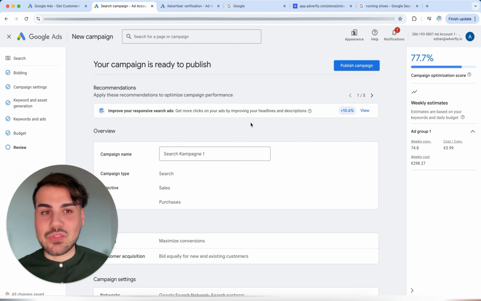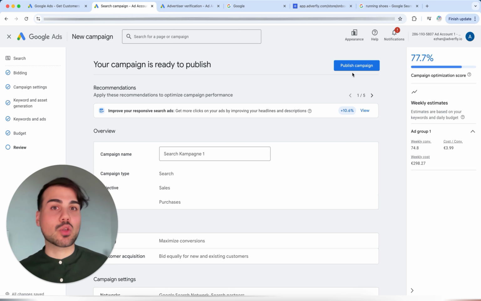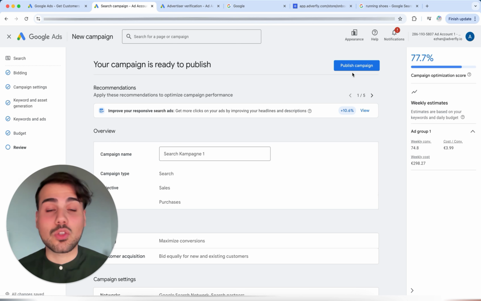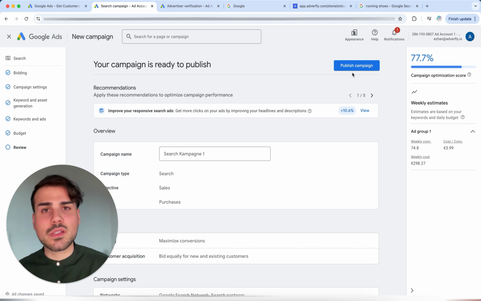So the checking is over, and if we now click on publish campaign, the campaign will be published and then Google will check it. This means that depending on the account, especially with fresh accounts, this can take a few hours to a maximum of 1 or 2 days. For established accounts, this can sometimes even work within a maximum of an hour or a few minutes if Google trusts you, but let's put it this way, that's not a problem. Once that's over, then all is well.